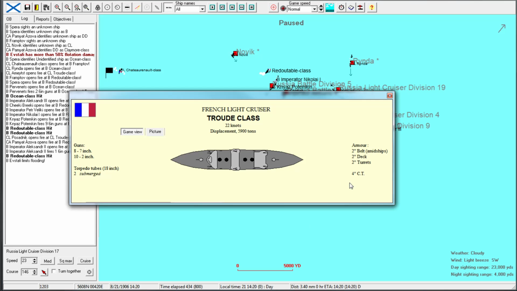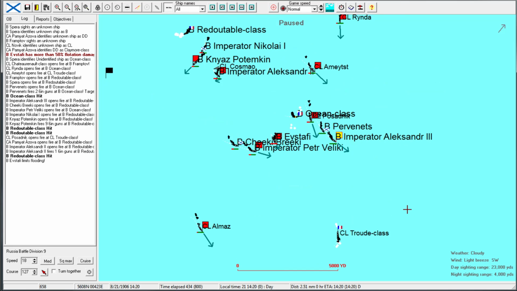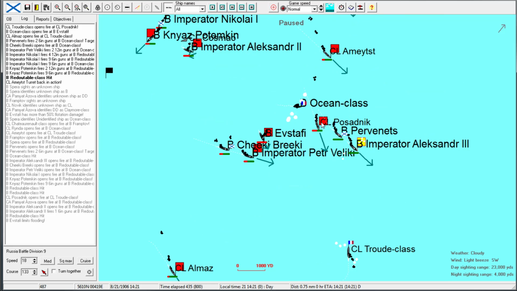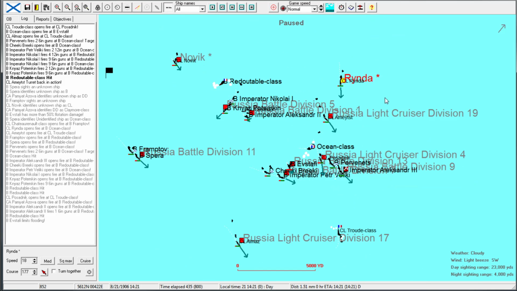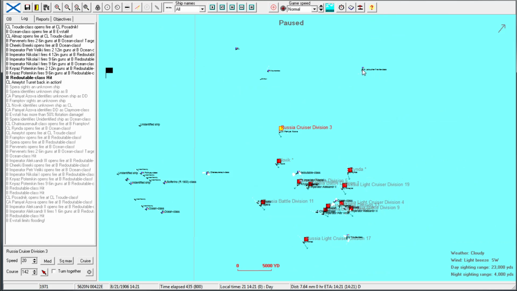But now it's just time for us to pick off the ships we already have here. We're going to try to pick off this Traude class. She's another tough bugger, so we'll send our battleships at her. And we want to screen the Evstafi as well, so let's see. That looks pretty decent, though. How's our Pamiot Azova? I want her to...